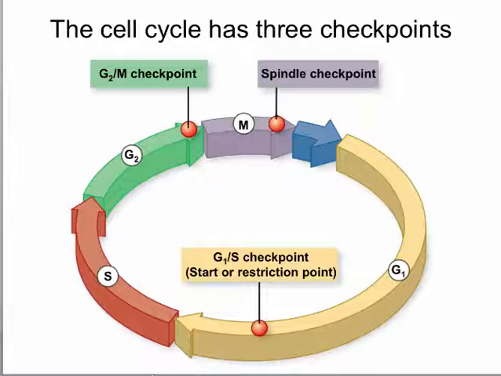Then, once cell division starts, there is a crucial point during the division in which the cell checks that everything is in order, and this is the spindle checkpoint. This happens during the metaphase part of cell division, and the cell checks that every chromosome is lined up at the center of the metaphase plate. This is very important because if a chromosome is not lined up there, that chromosome is not going to divide properly. So one cell will get an extra copy of the chromosome and another cell will be lacking a chromosome. For example, that is how chromosomal disorders like Down syndrome happen.